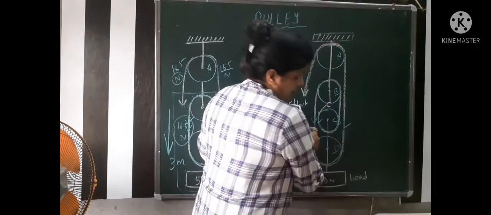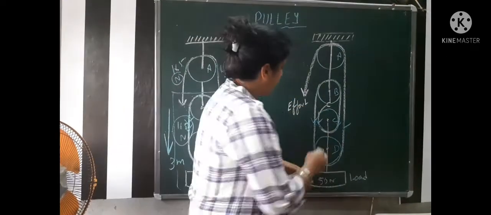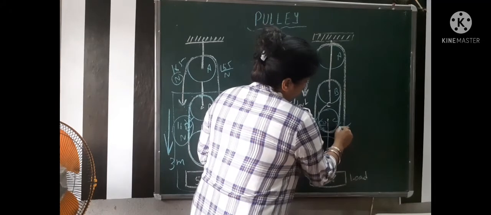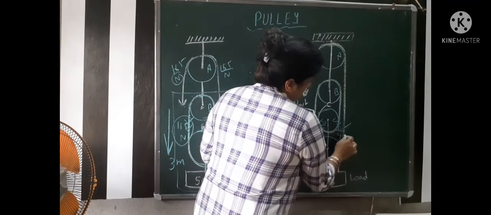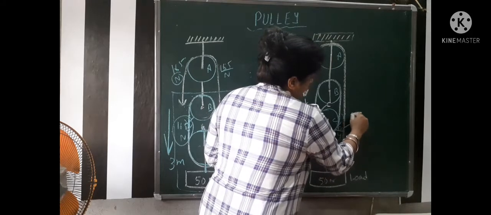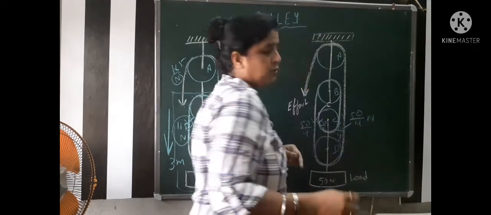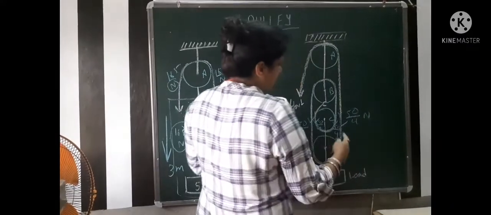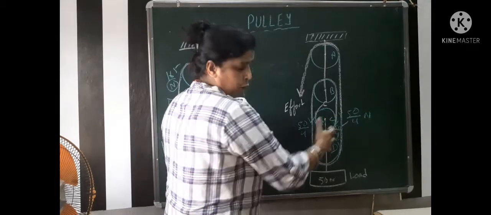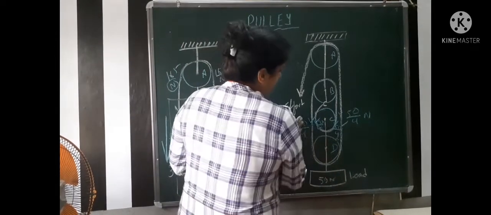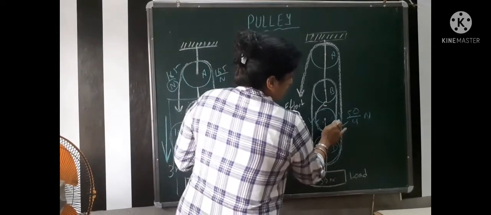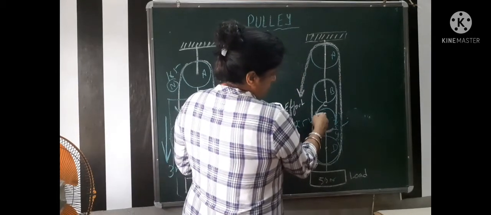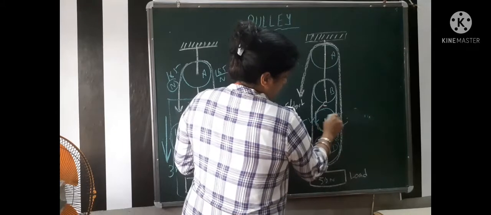It means the tension force will be 50 by 4 Newton here. Here also 50 by 4 Newton. On this rope also 50 by 4 Newton. And on this rope also it is 50 by 4 Newton. And that is equal to what? That will be near about 12.5 Newton. It means on all the ropes, that is 4 ropes, 12.5, 12.5, 12.5 Newton force. So instead of writing a fractional number, we can write that 12.5 Newton force is applied on this rope as well as in this rope, which are on both sides of the pulley.